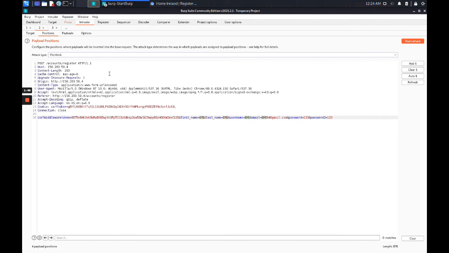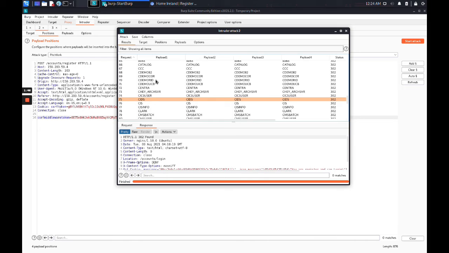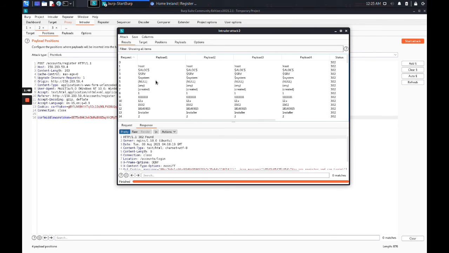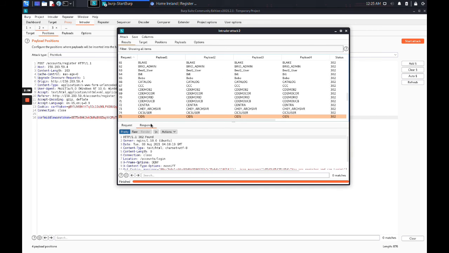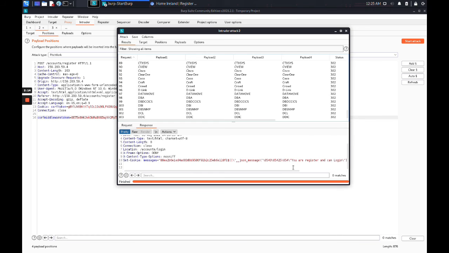Now see guys, I have made around 103 accounts with this payload. I created 103 registered accounts because it is registering the email address for which you are making the account, which is filling the database with false details and false credentials, which is of no use and can lead to buffer overflow. In this case, I just did a sample. I don't want to take down my site for long. See, I made a sample of 103 accounts, and you can see you are registered and can log in. In the response I have seen that I got the response from the server that the accounts have been created.